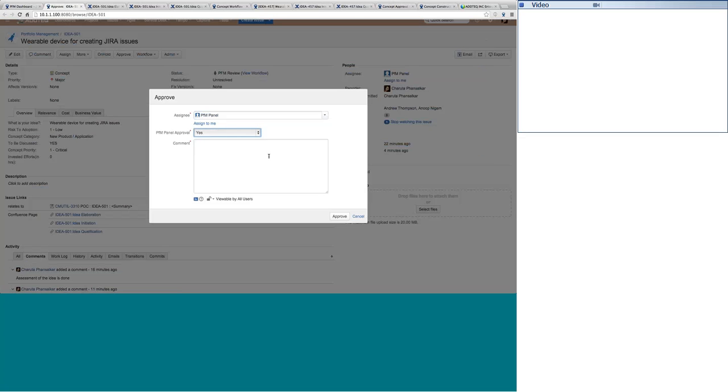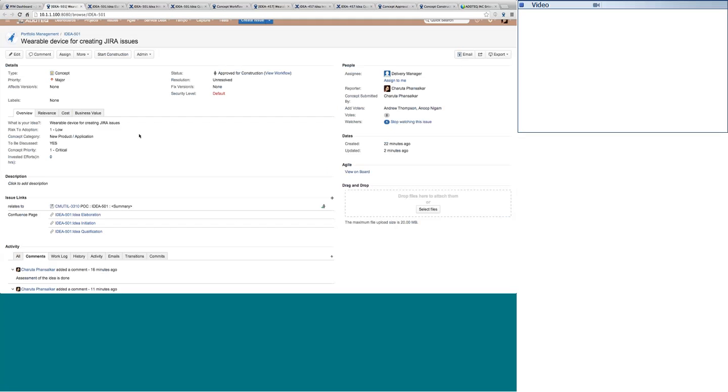Now, when to start construction or how to prioritize these approved for construction ideas is based on the number of resources available, market condition, or maybe the concept value. Say, for example, at any point of time the priority for a concept goes down; based on that, we will decide which concept to start construction on first and which one later on. So now let's say that as our concept is critical, we would like to start the construction immediately. Before that, let's see who is the responsible person who is going to look at the concept right now.